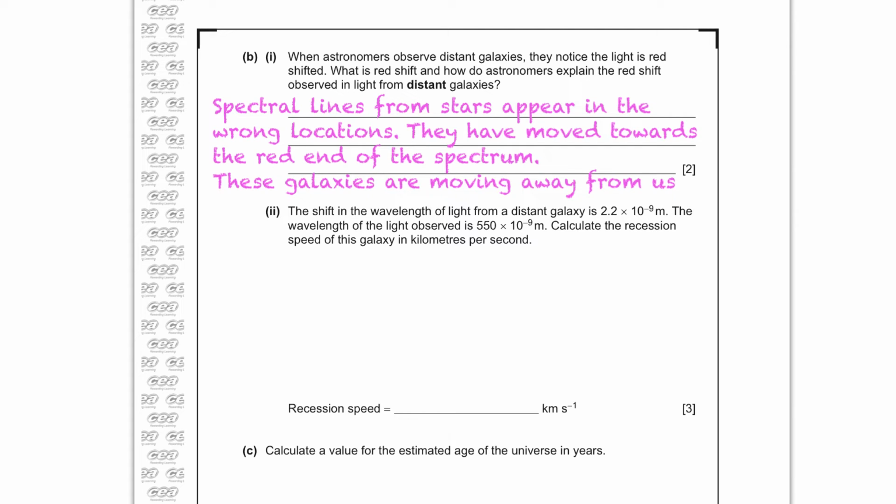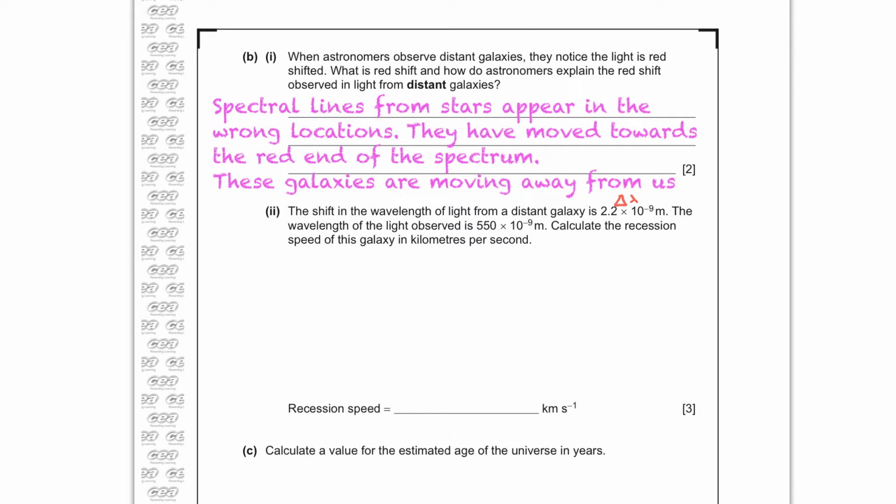Part 2 then, the shift in wavelength of light from a distant galaxy is 2.2 times 10 to the minus 9 meters. The wavelength of the light observed is 550 times 10 to the minus 9 meters. Calculate the recession speed of this galaxy in kilometers per second. So what they're giving us there is the things that appear in our equations. They're giving us a delta lambda